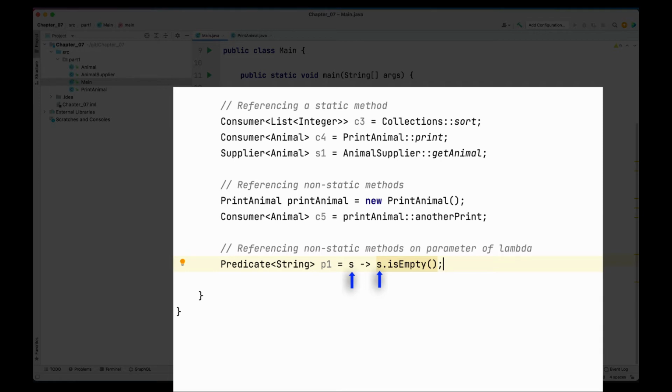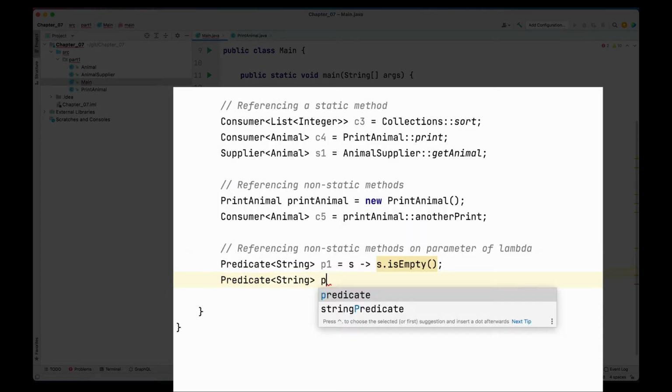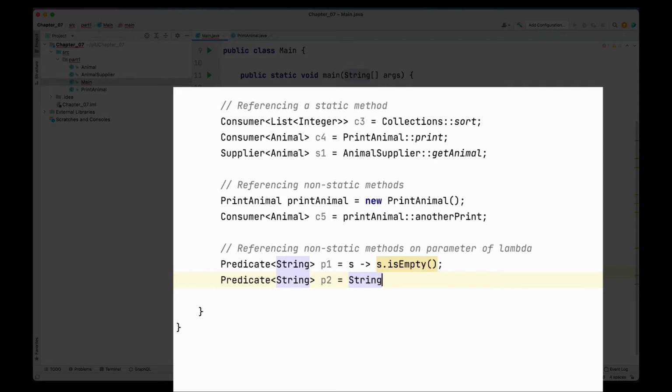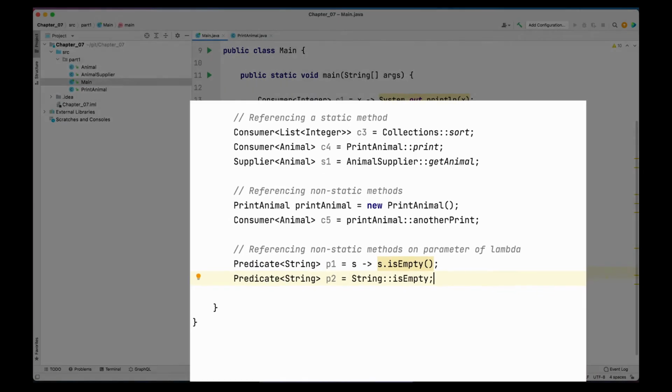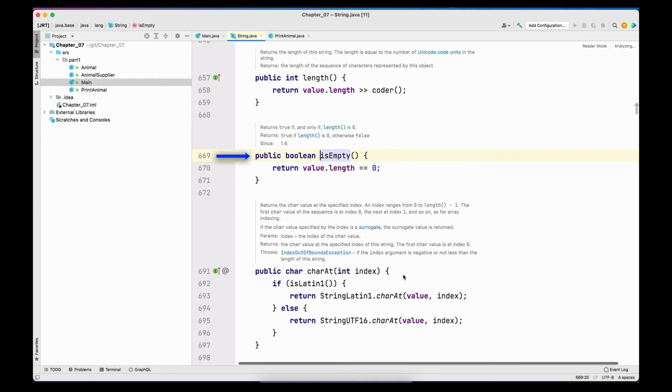Now the way we write a method reference for this type of category is, I'll define another Predicate, and the method reference will be String::isEmpty. Now as you look, this syntax looks very similar to our static method reference. And how would Java know whether it's static or non-static? That would be because Java knows the signature of isEmpty. So as you notice, isEmpty is not static.